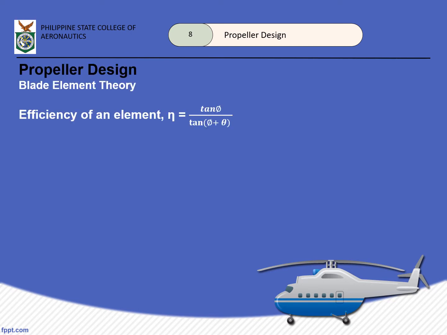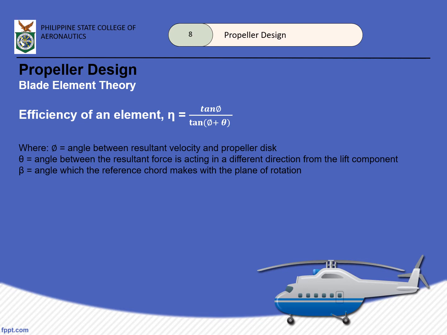So now, for blade element theory, we are concerned with efficiency, of course, when we compare this to the momentum theory. So, the efficiency of an element, because, according to the assumptions for blade element theory, there are elements that comprise our blade. Parang may mga sections. Okay, so hinahati-hati siya. So the efficiency of an element, again,